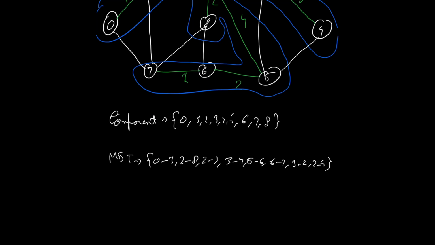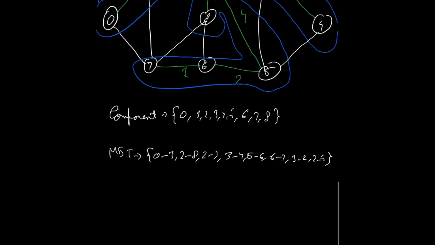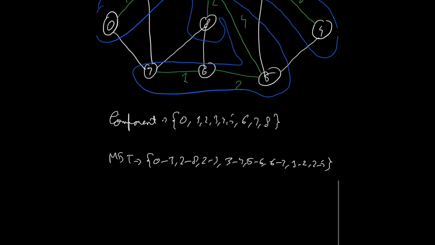So as it's a minimum spanning tree, the minimum weight of the edges will of course be the sum of every one of these components of the MST. So the minimum weight which we are here to find will be equal to 4 for 0, 1,